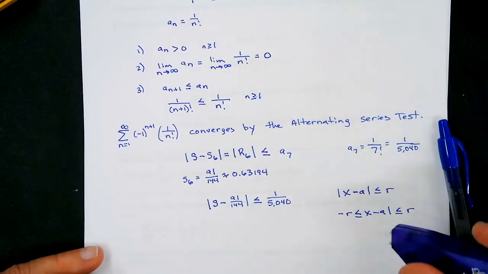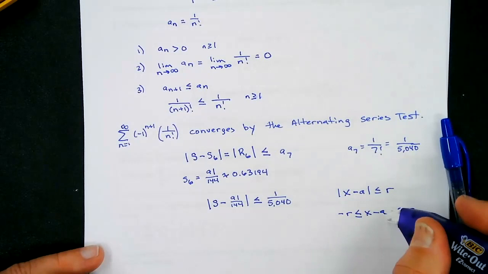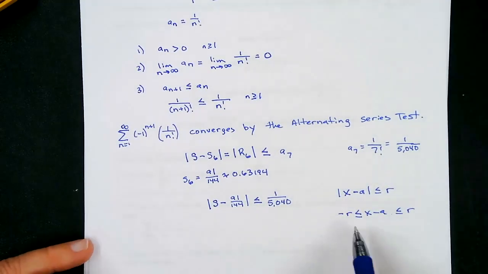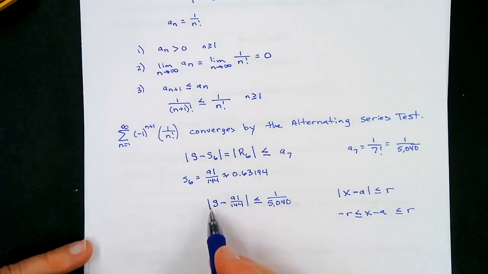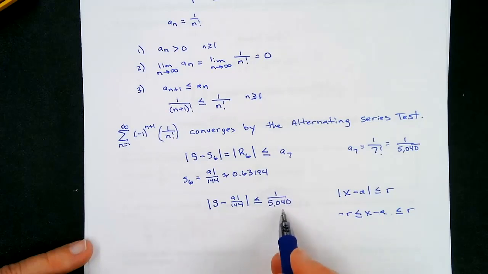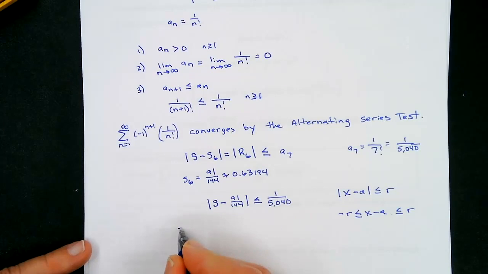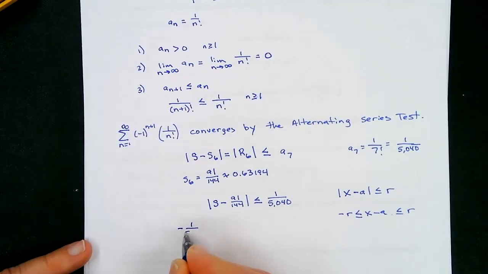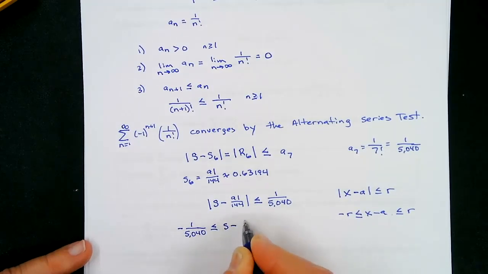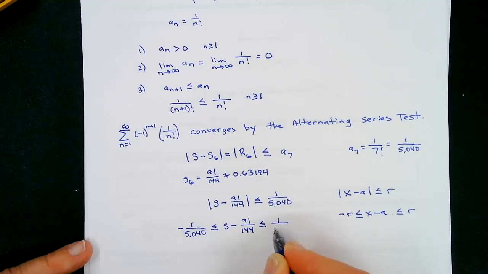And I wouldn't need the absolute value, sorry. I put the absolute value in there by accident. So what that means is that this is somewhere between negative 1 over 5,040 and positive 1 over 5,040. So we could write this: negative 1 over 5,040 is less than or equal to S minus 91 over 144, which is less than or equal to 1 over 5,040,